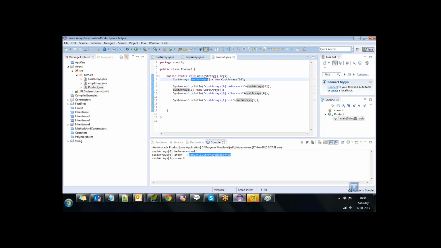We cannot use that, and also I can use like this. String arrays we'll try to see. String equal to